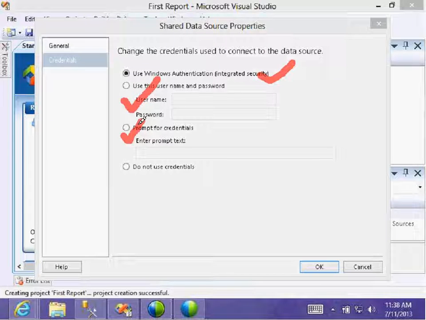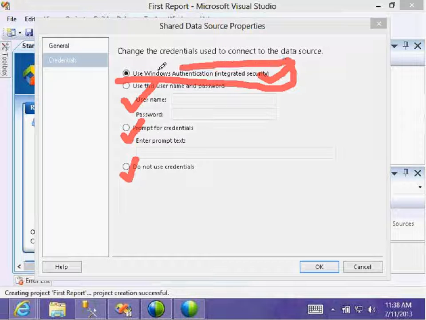What about username, password, or credentials? The most recommended format is Windows authentication, because nobody wants to use separate credentials for separate reports. Use the opportunity of entering the database server with Windows integrated authentication.